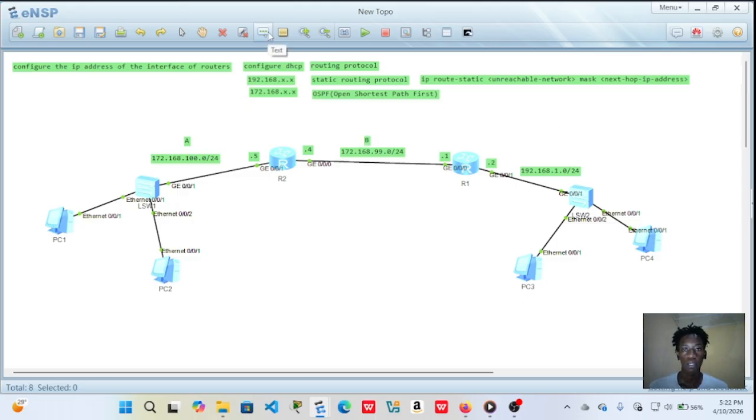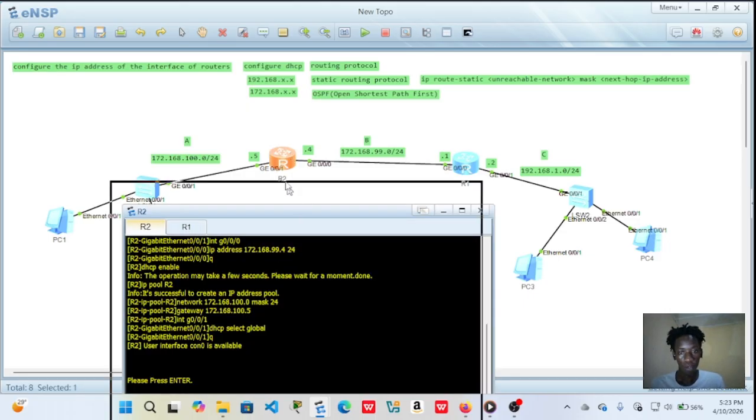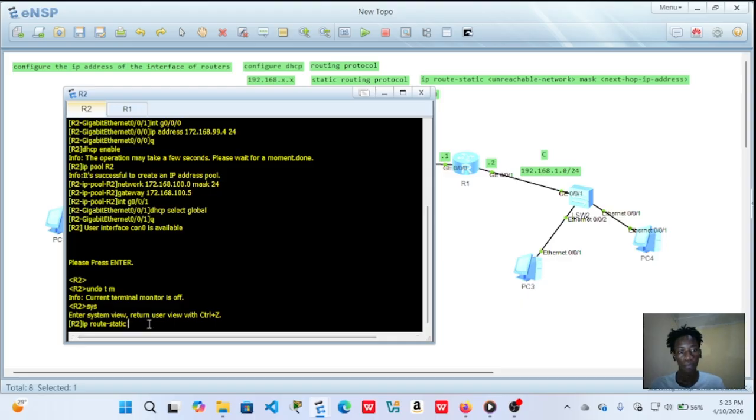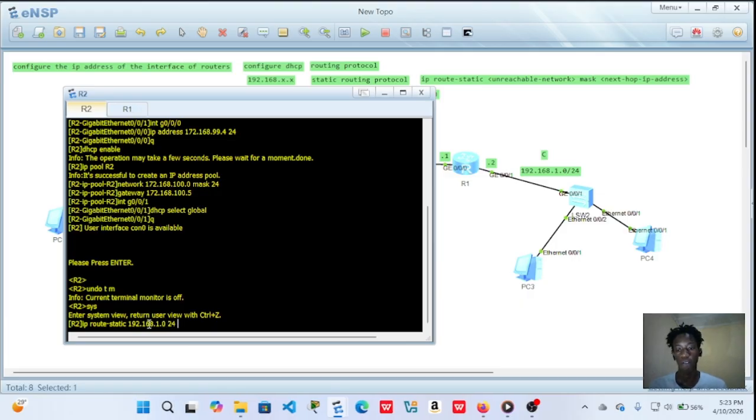Okay, this is network C. Now, not PC, but router R2 can connect or communicate with network A and network B, but not network C, because it is on the other side and has been abstracted by router 1. So our unreachable network in this case is going to be 192.168.1.0, with a subnet mask of 24, and